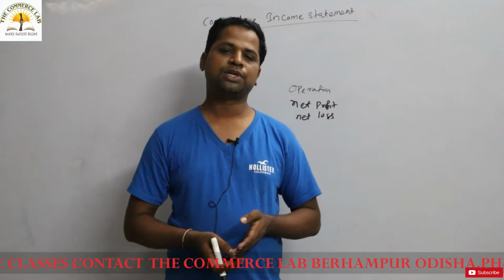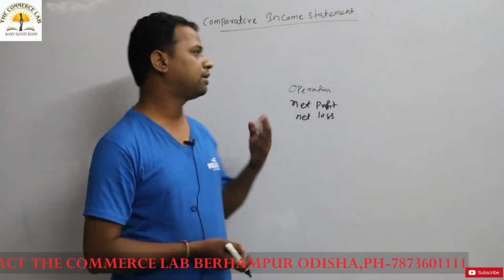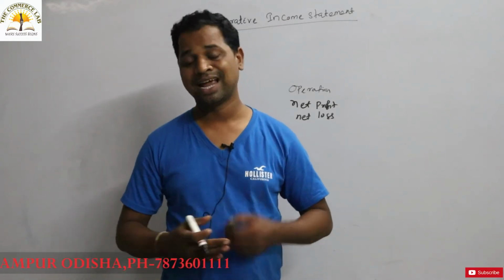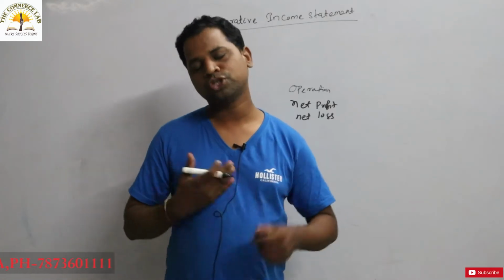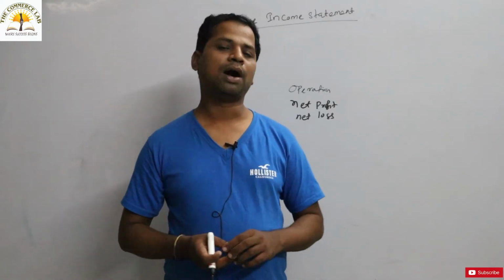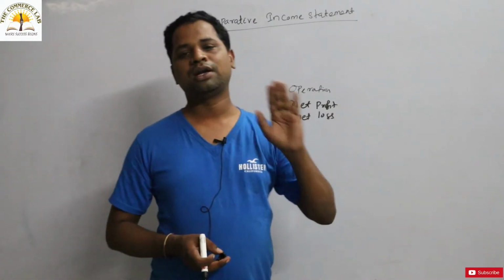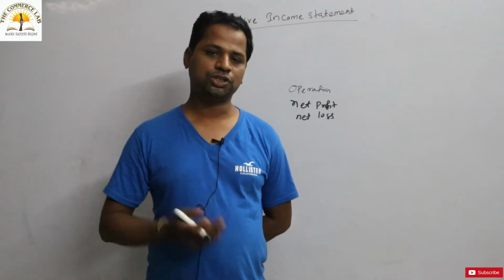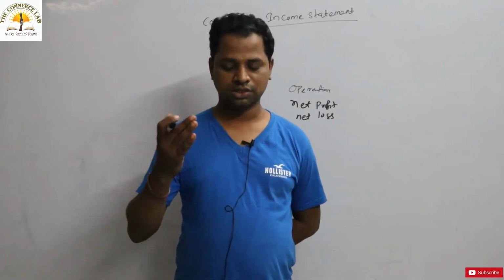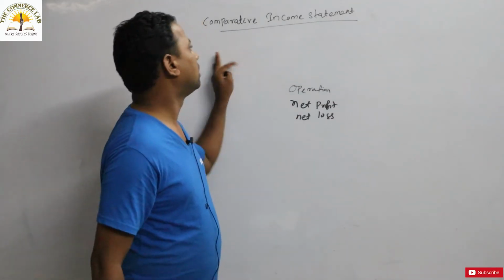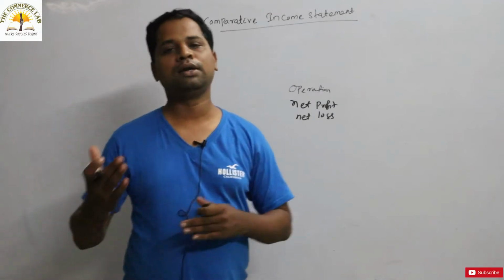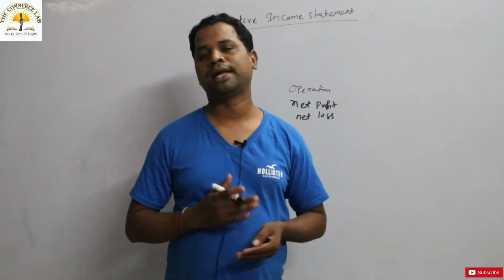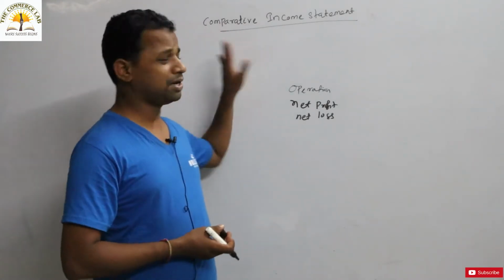Simply, income statement means profit and loss account, but comparative income statement shows the increase or decrease in the net profit and net loss, and the operating result of a firm can be depicted in the comparative income statement. We can know the increase or decrease of the income, expenditure as well as profit, losses, the change, the magnitude, the trend, the absolute change, the percentage change in the income and the expenditure. We can know this from the comparative income statement.